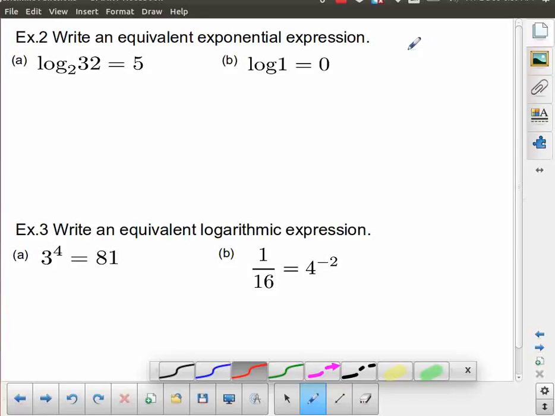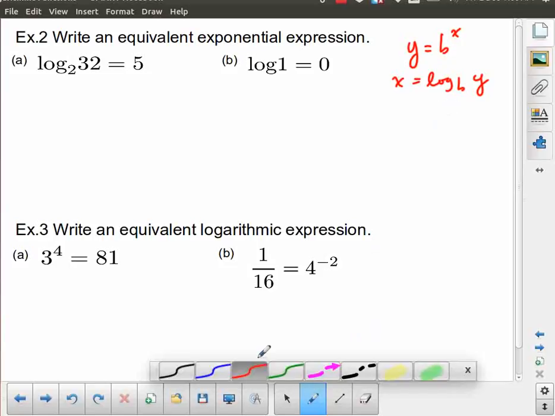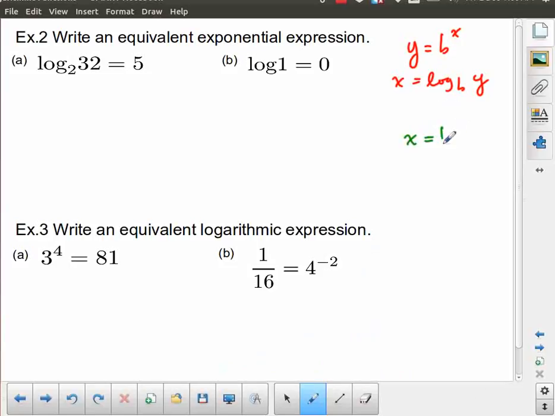You can remember y equals base to the x has an inverse relation, which is going to be x equals log to the base b of y, which is equivalent to x equals base to the y has an equivalent relationship y equals log to the base